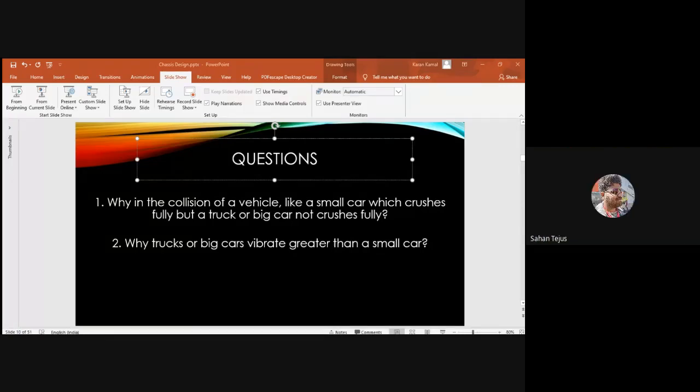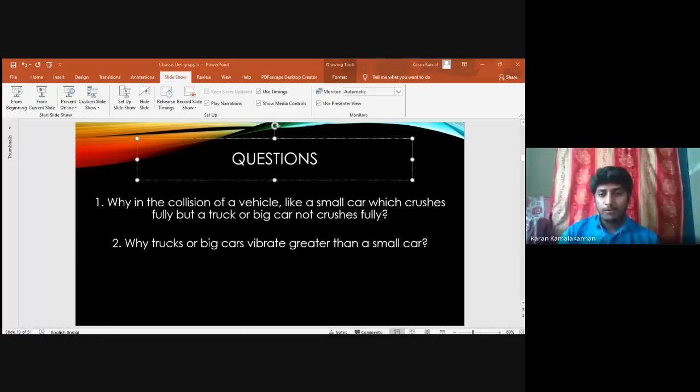Sir, if you say the truck is bigger than the vehicle and more durable than the car, so easily the car gets crushed when the speed is high. Yeah, what you're saying is, if you compare a car with a